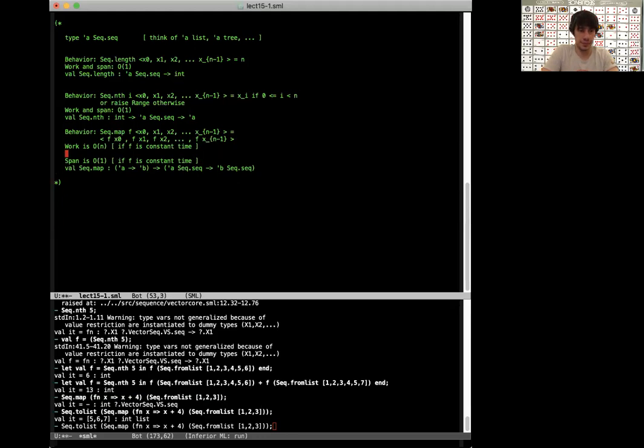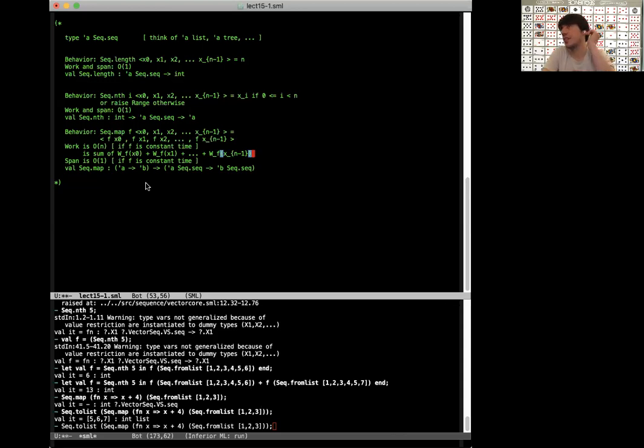Well, then what you get is the sum of the work for f on x0 plus the work for f on x1 plus dot dot dot the work for f on x n minus 1. Okay, so if you map a non-constant time function, then what you get when you do that with sequences